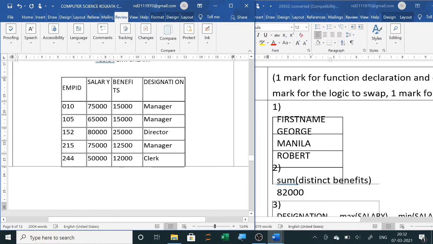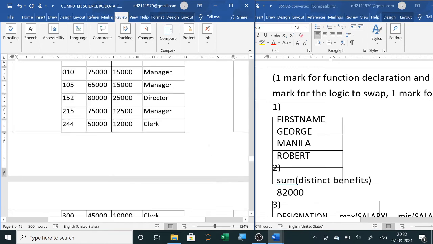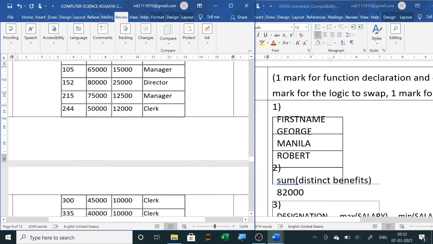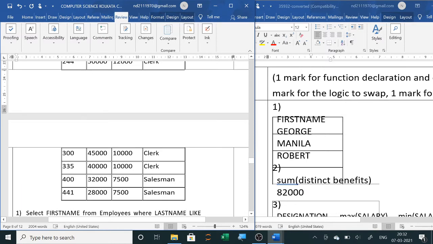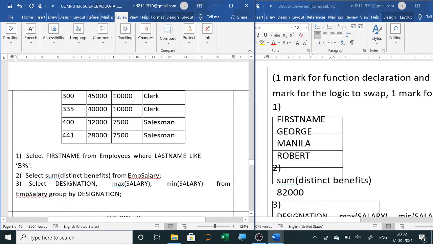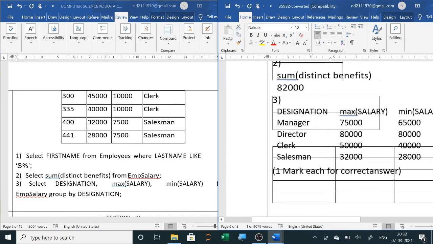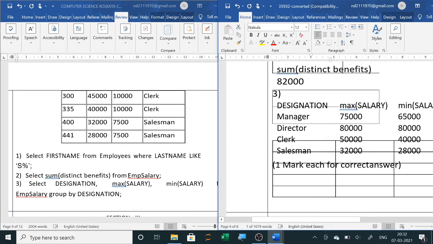Yes, here are the benefits. So 15,000 plus 25,000 plus 12,500, 12,000 plus 10,000 plus 7,500. So this will give you 82,000. You can add and see. Distinct benefits means repeated benefits you will not use. You will use only once, the repeated one.